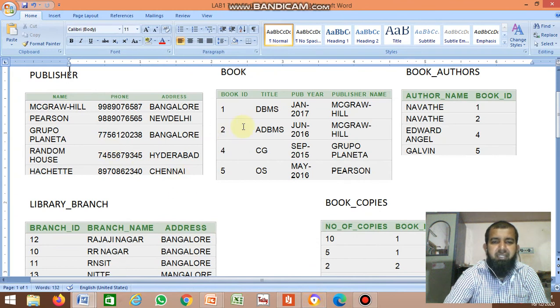Sorry, no, title means this one, this title, not author name, title. You need the book table. From using the book table you can display book ID and title, but not number of copies. If you want to know the number of copies, you need the book copies table. So if you want to display all 3 columns, you need 3 tables. Clear, no?